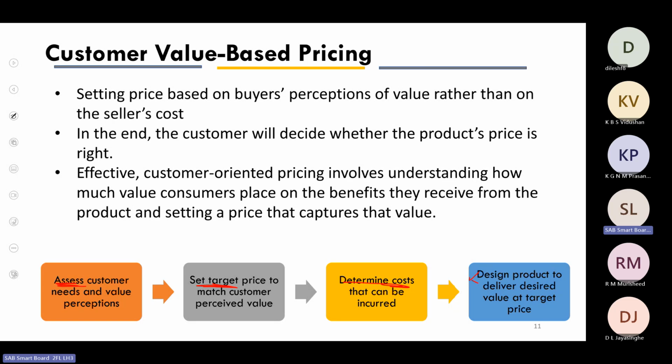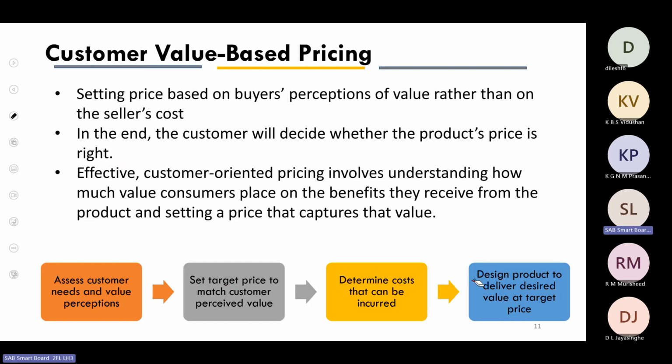Value-based pricing method. First, the companies assess what customers exactly want, whether that is convenience, fast delivery, luxury, or comfortability, right? So based on that, they set the price, right? Because after assessing all those perceptions and ideas, the companies determine what would be the cost involved to deliver those particular benefits for the customers. Based on that, they will set the price and deliver the product to the desired target market.